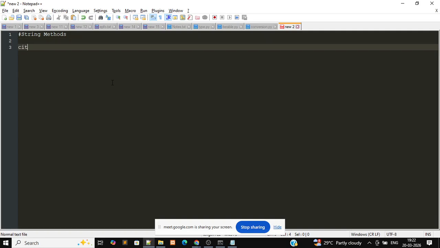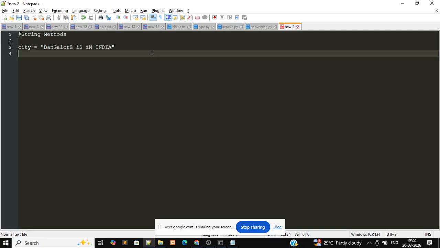Let me start with, for example, I will define city as Bangalore is in India, something like this, INDIA, I will give something like here, yes, cap in cap. This is one of my variable values set. So right now I want to convert this